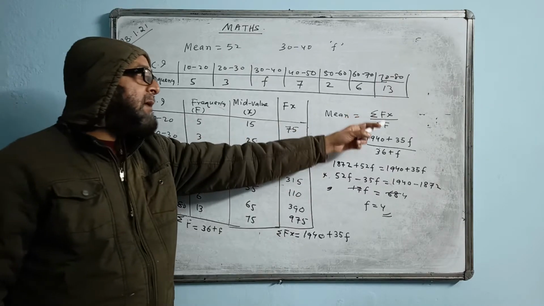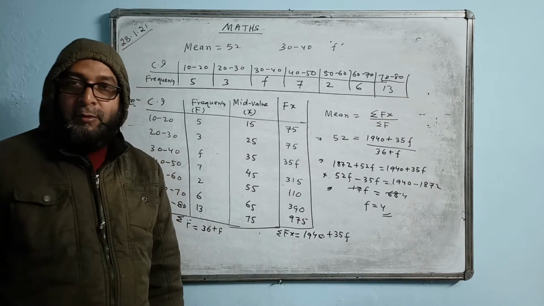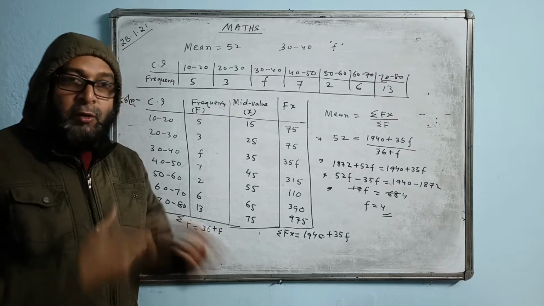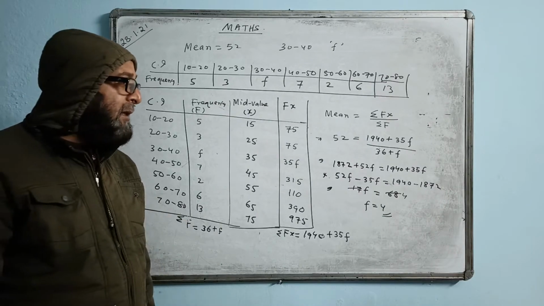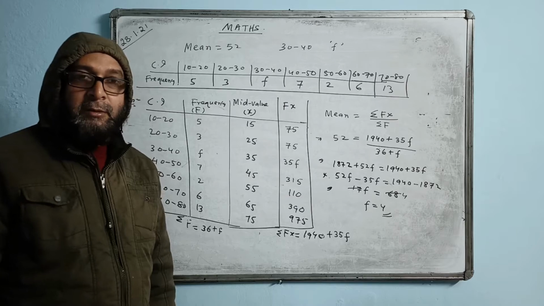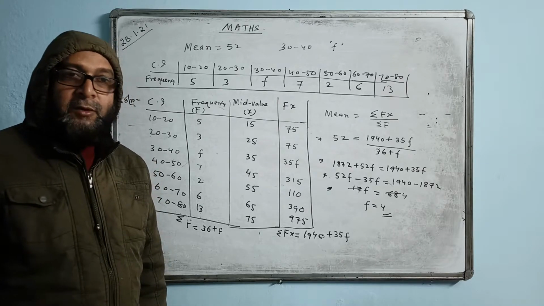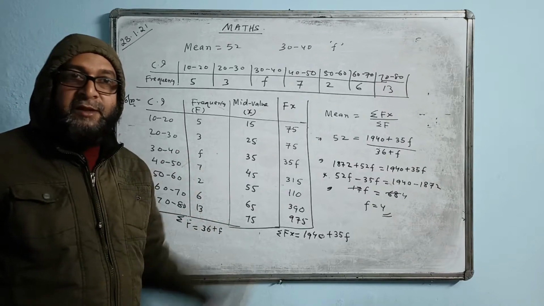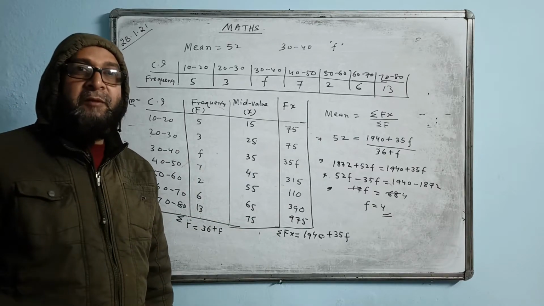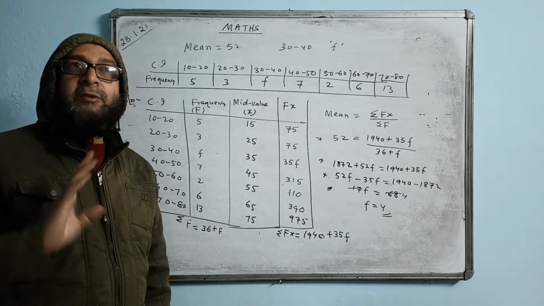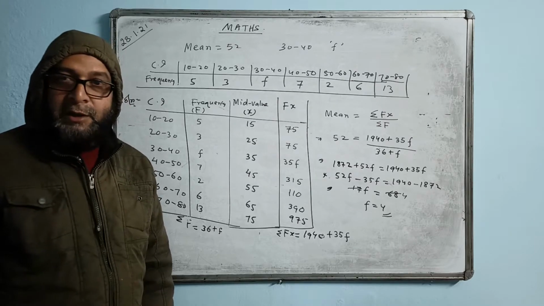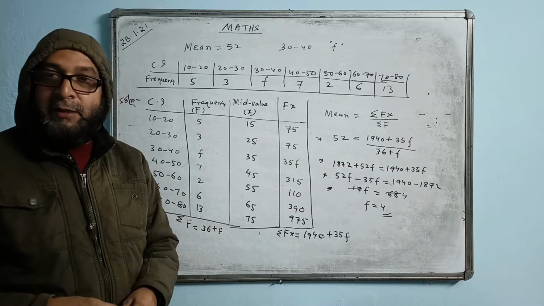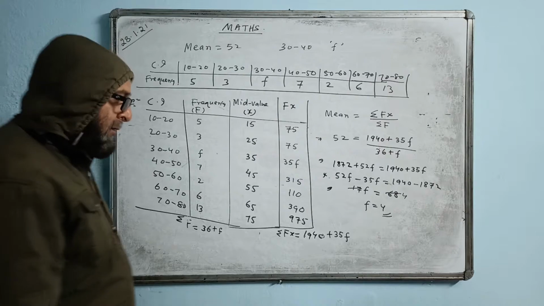Because for summation f(x) by summation f, the formula is very small, but the working is difficult. I mean the calculation part will take longer time for you to do, and there is a chance of mistake as well. So this is the first method. Usually the students prefer this method, but I don't prefer it, and I suggest my students not to use this method. Now I teach you another method in a much shorter time. I will do it and I will get the correct answer, the same answer. Now I will show how I can do it.